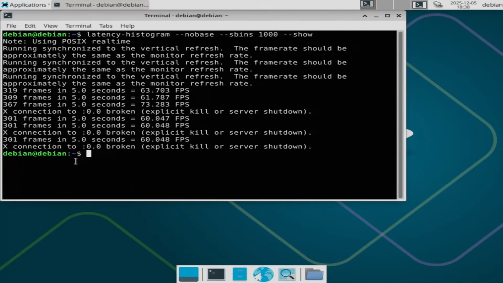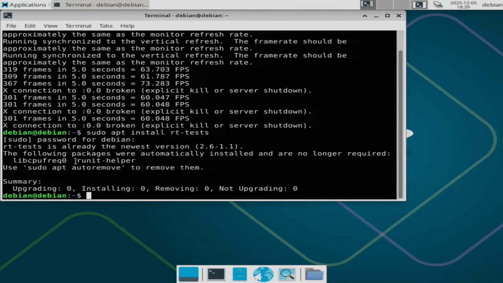If people are doing this from a non-Linux CNC background, you're probably more accustomed to using real-time tests. So the other alternative is sudo apt install rt-tests, which I think is already installed. So it's already there. But now we've installed that, we can type in sudo